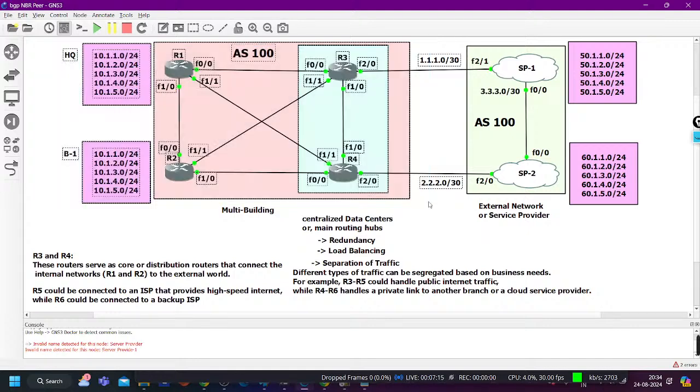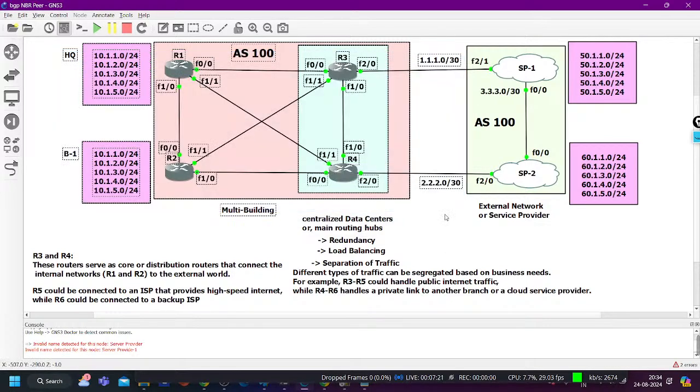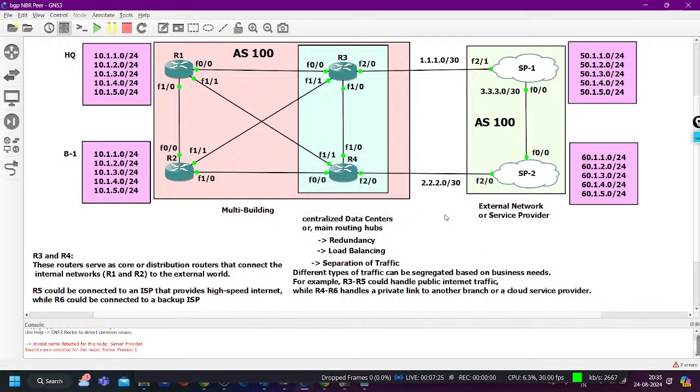This can be the network of a bank. This can be the network of, let's say, a network support company, a network solution company. This can be the network of a cloud security company who is providing cloud security,